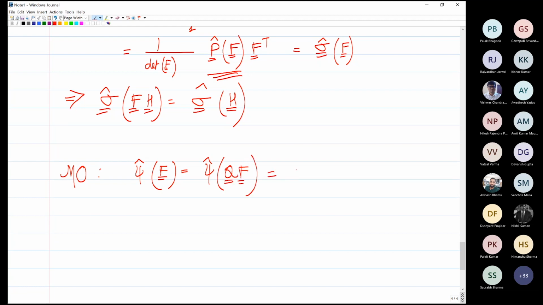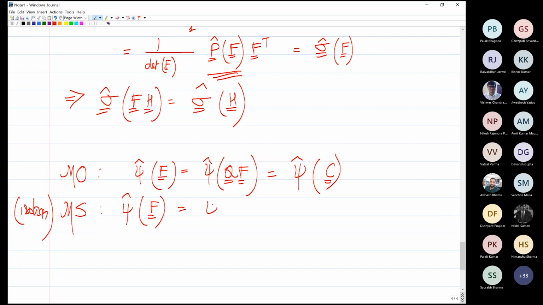Which allowed me to say that psi hat is just a function of C. Now if I come to symmetry, suppose it is isotropy symmetry group. For isotropy, this means psi hat of F is equal to psi hat of FQ, isn't it? For all Q rotations, for all rotations,